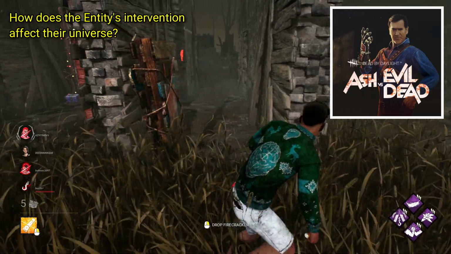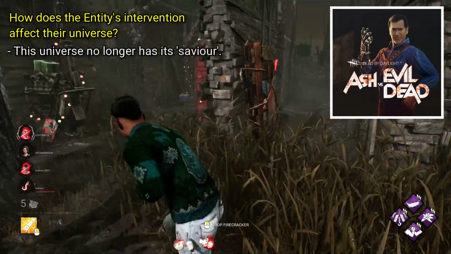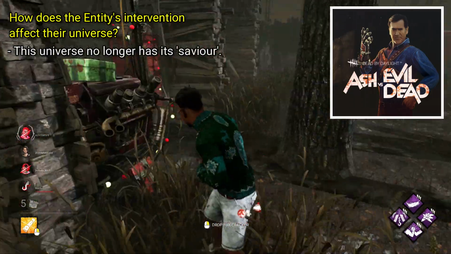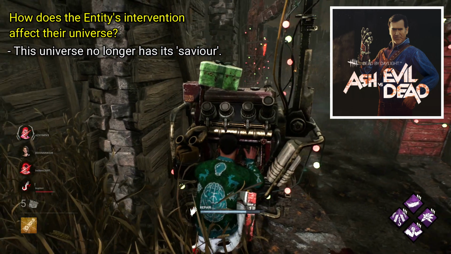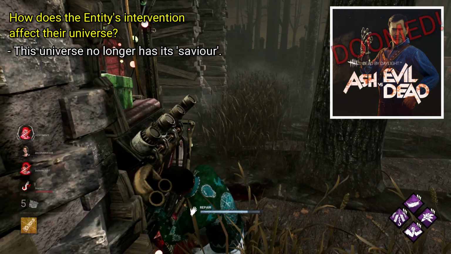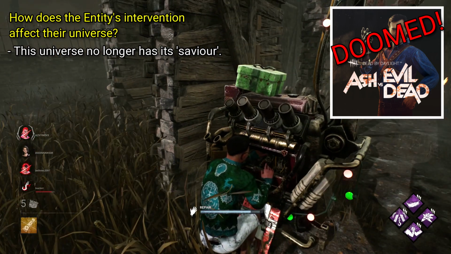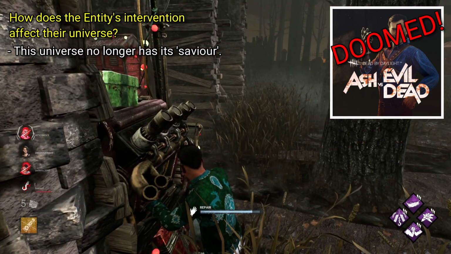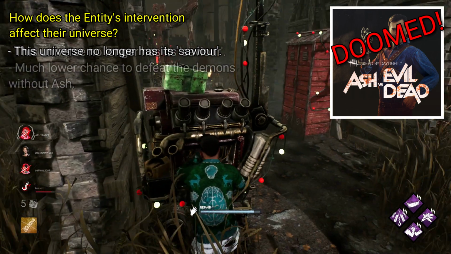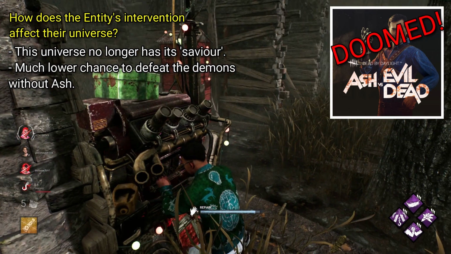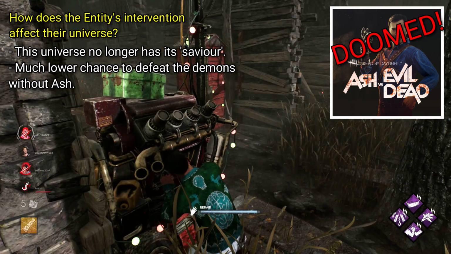So the taking of Ash basically means that a universe doesn't have its savior, and so that universe went from being probably screwed to being definitely screwed. Maybe Ash wouldn't have undone the apocalypse, but he would have provided a better opportunity for survival, and without him, the world is most definitely doomed, making this universe likely the worst off as a result of the entity's intervention.